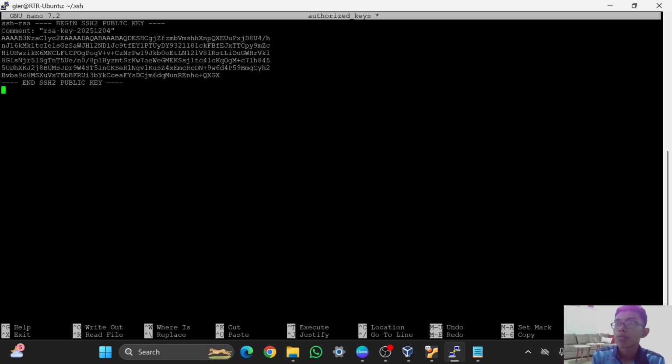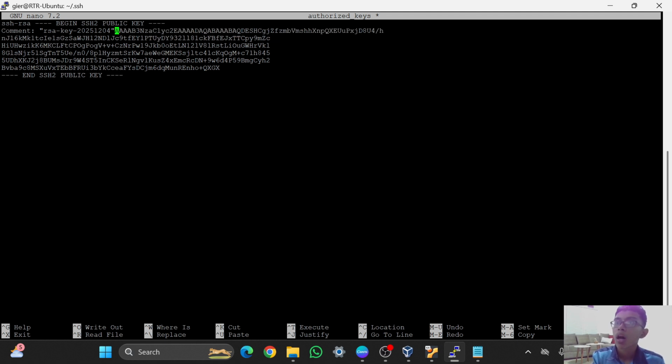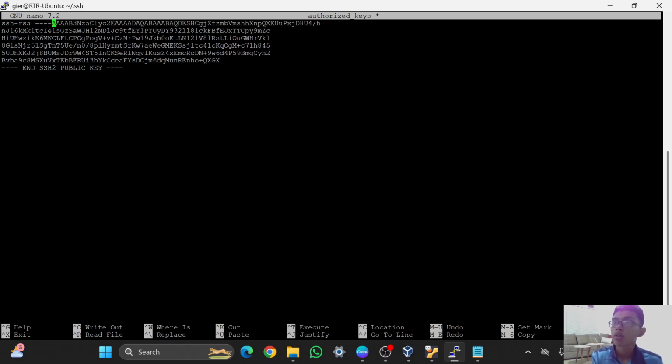Oh no, you can use right click, and after that you can delete the command RSA key until the RSA until here. So we just need the public key, which is the AAAAB3Nza and whatever that is,